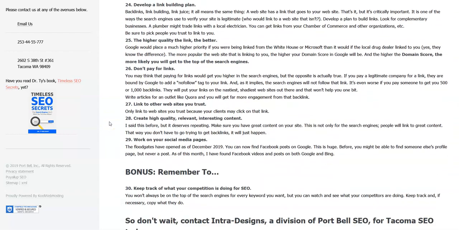Number 27. Link to other websites you trust. Only link to websites you trust because your clients may click on that link. That can be important. And I'm going to go over buying links in a later one, but if you just send your link out to everybody, what if